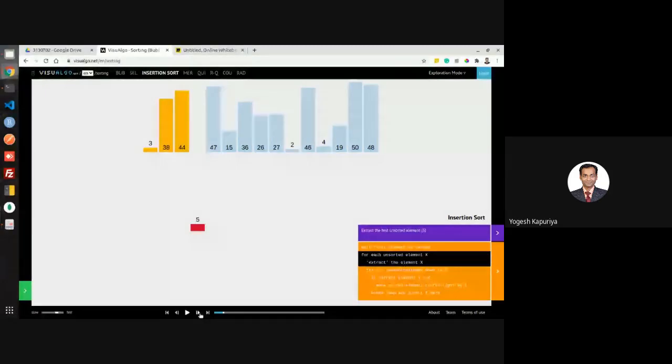So 5 is key, that means 5 is your j. Sorry, 5 is not j, but 0, 1, 2, 3. 3 is your j value, so you will start your i with 2. You will compare a of i with key. So 44 will be compared,